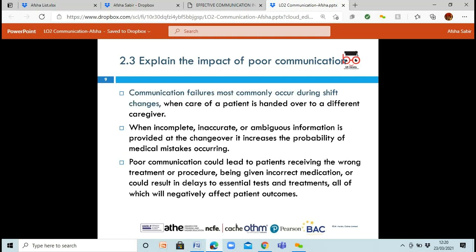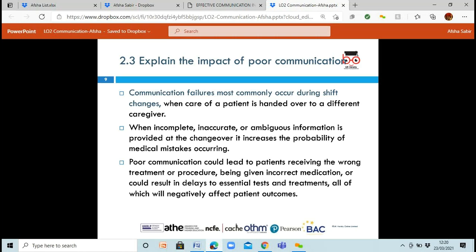Then we've got communication failures. And these normally happen during a shift change. They're the most likely to happen at that time, when a patient is being handed to another caregiver. So again, like we said just earlier, having inaccurate or incomplete information on their records, or ambiguous, as in